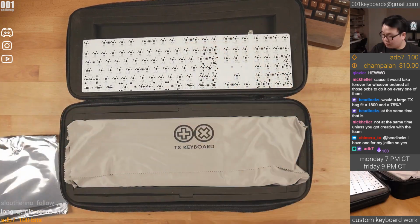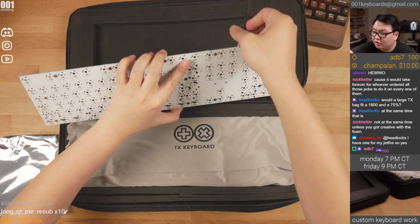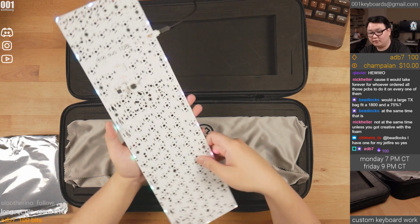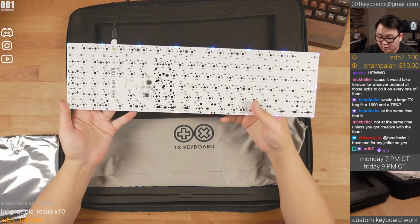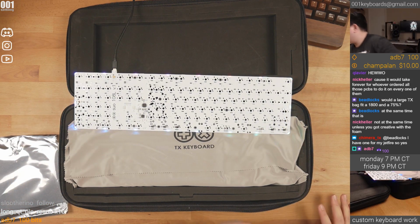PCB. Let's try to plug it in and we'll check out the RGB. I hope the RGB is turned on by default. It is! And then, what we should do is...